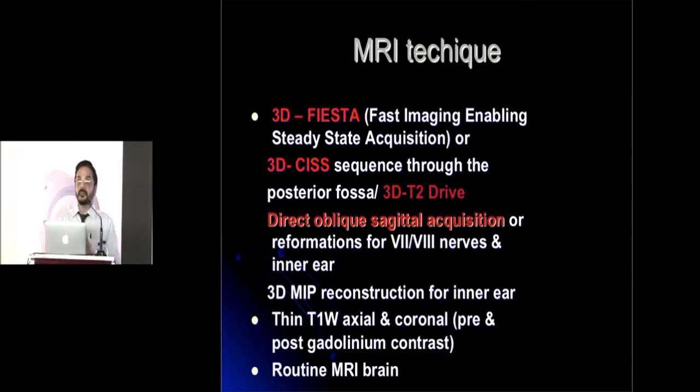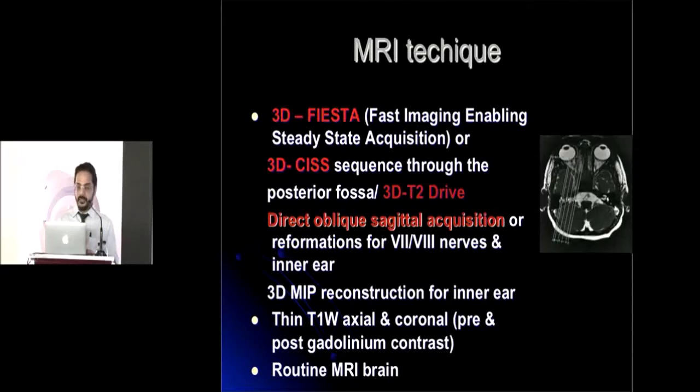And especially in MRI, when we are doing the cochlear imaging, everybody knows that they will do this 3D T2 drive sequence, as it is called in the Philips machine. It's called 3D Fiesta sequence in, I think, GE, and I don't know what Siemens calls it. So this sequence is available. But when you are doing this for the cochlear nerves, you have to run a separate sequence. Though it is a 3D sequence, don't try to reformat, because the moment you reformat, I'll show you examples where the nerves will not be seen.